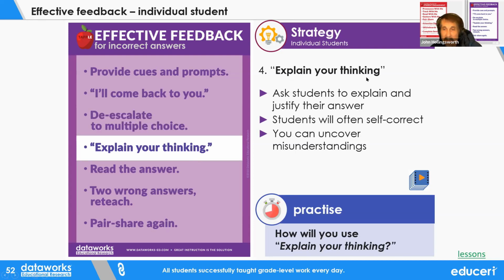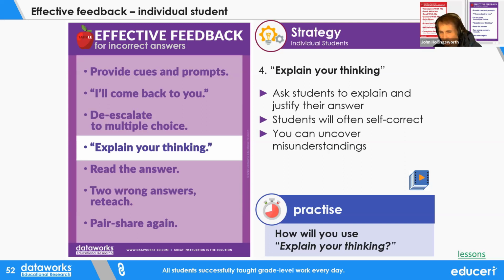Explain your thinking. When students have an incorrect answer, don't just say you're wrong. I say, you have a different answer on your whiteboard. Can you explain your answer to me? Sometimes the students will self-correct when they start explaining and thinking, and then they say, oh,